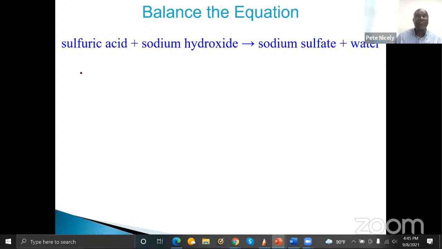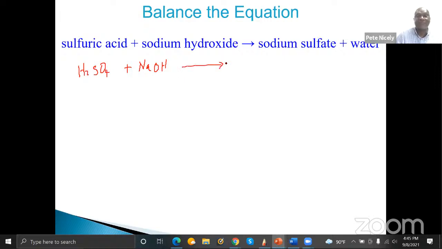Okay, so the formula for sulfuric acid is H2SO4. The formula for sodium hydroxide is NaOH. So that takes care of the